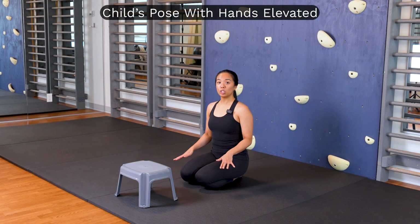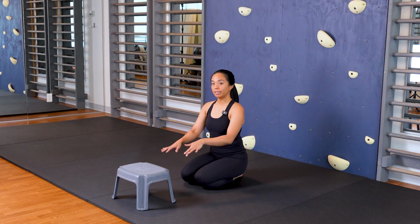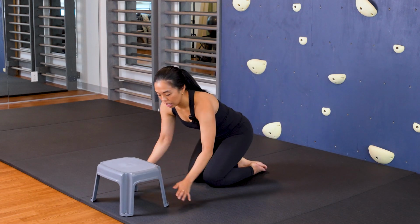Next, we're moving into a child's pose. So I've grabbed a stool to help prop my hands up. You can also use a chair or even the edge of your bed. But typical child's pose has our hands on the floor,